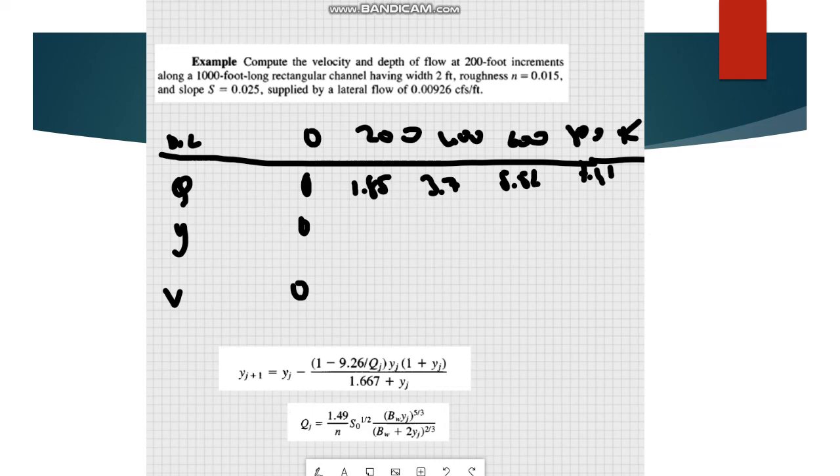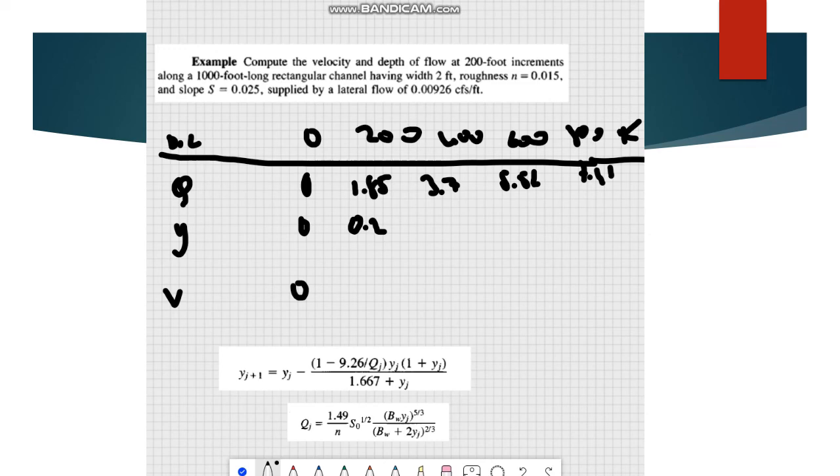Just plug 2 here, and then we calculate q_j by applying 0.1. Then we will see if q approaches 1.85, what is our y. And when you do this, you will see that at 200 the depth is 0.2